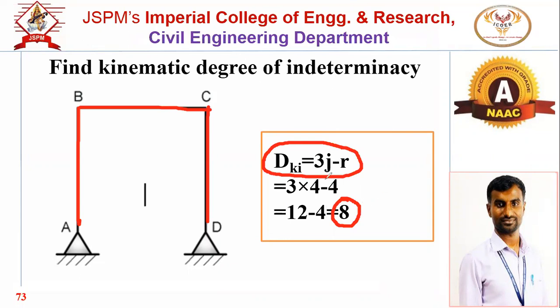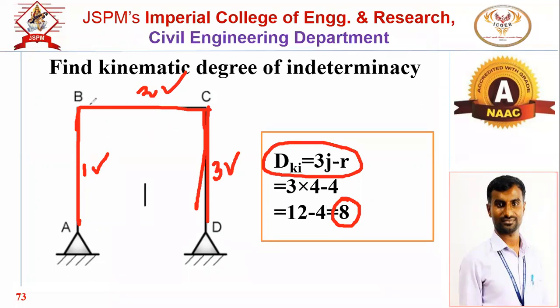considered the axial deformation. What does it mean to consider axial deformation? AB will have some contraction or expansion, that is 1. Then for that BC member, it will have some contraction or elongation, that is 2. And that CD column is also having some contraction or elongation, that is nothing but the axial deformation of that particular member, that will be 3. Now here we have considered the axial deformation of column 1, then beam 2, and this column CD 3. So these 3 values we have considered, that will be the axial deformation of that particular member. It may be expansion or it may be contraction.